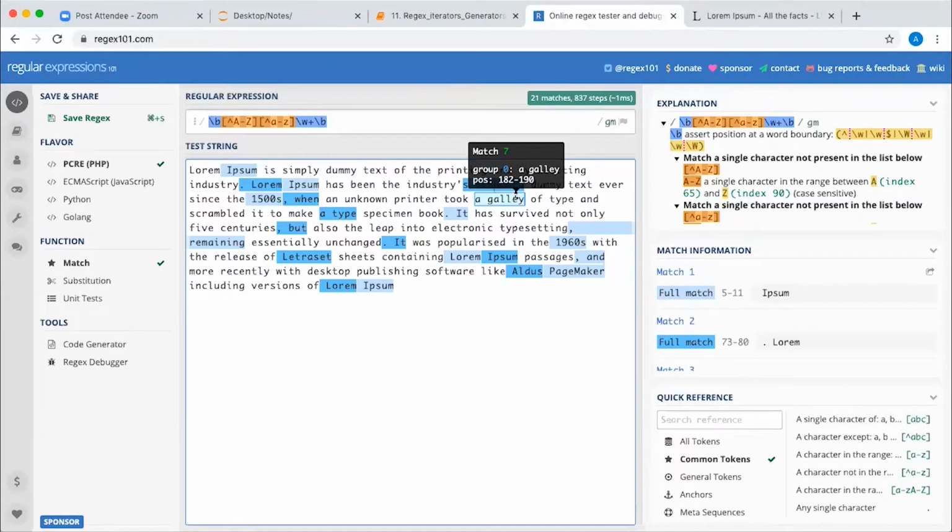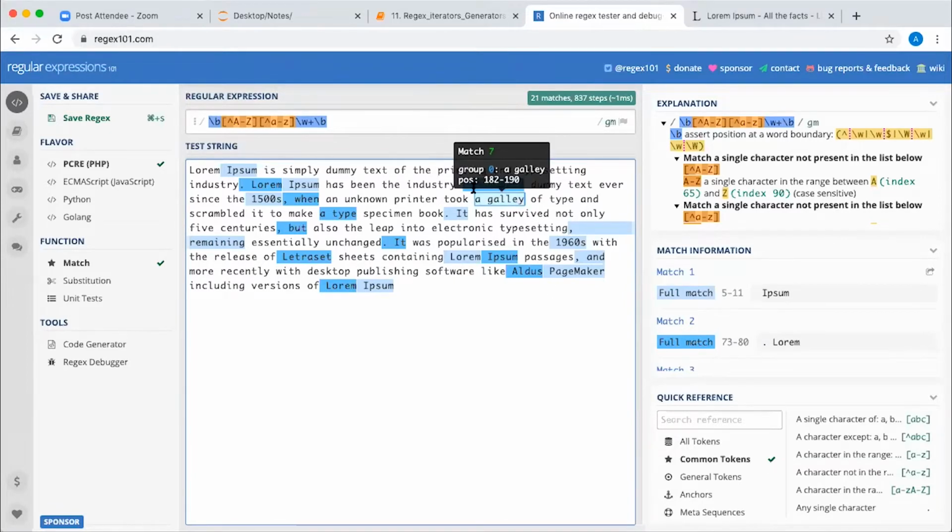Okay. Here also you can see a gallery it is taking. So again it is matching. This whole thing is matching this pattern. That's why it has taken. Yeah, but it is not taking individual words. Like from what I understood, slash b at both the ends would take individual words. But in this case, it's not taking, right? No, in this case it is not taking.